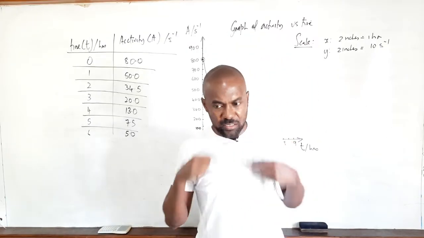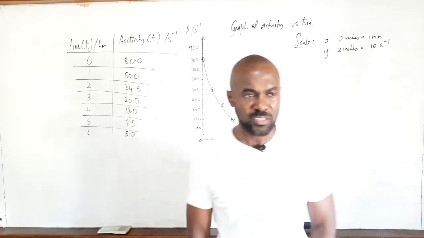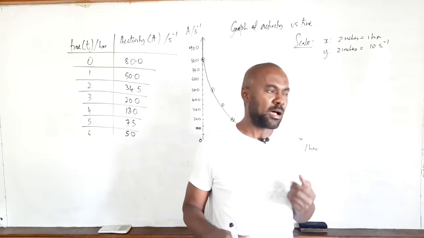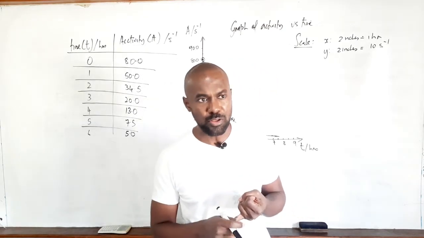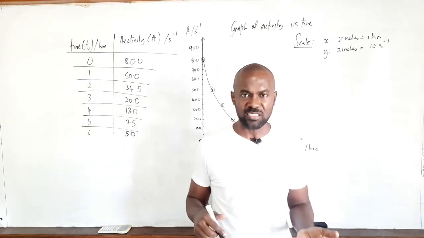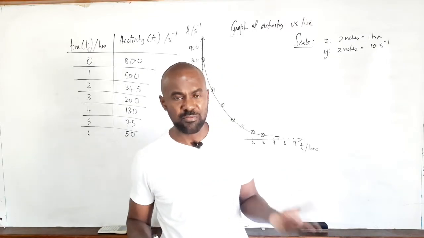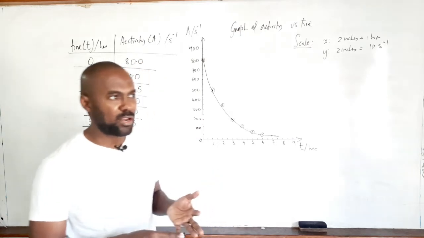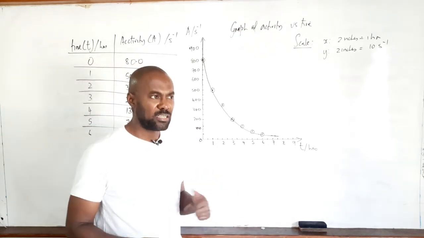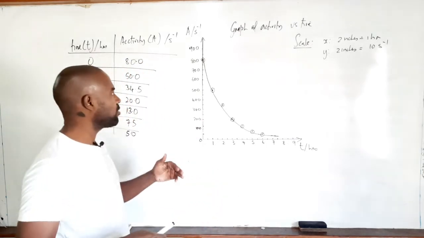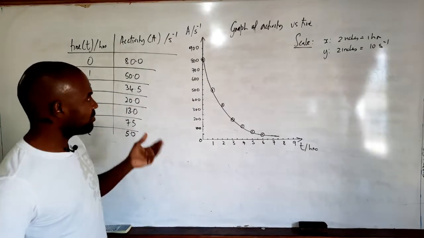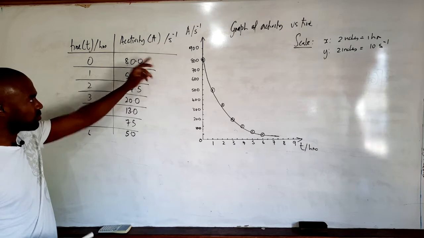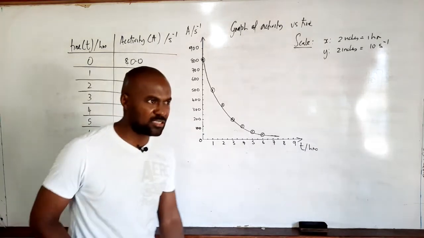In a previous question, we were asked to define half-life: the half-life of any radioactive sample is the time taken for the number of atoms or nuclei, or the activity of the sample, to decrease to half its value. So we can define half-life in terms of number of nuclei or in terms of activity, and it's the time taken for the initial number to fall to half its value. From the data, we see that at t equals 0, the activity was 80.0. So to determine the half-life of this sample,